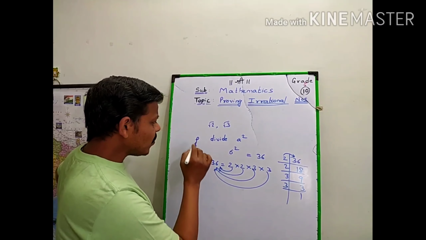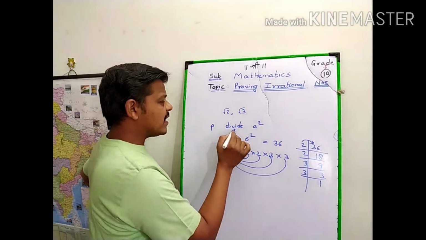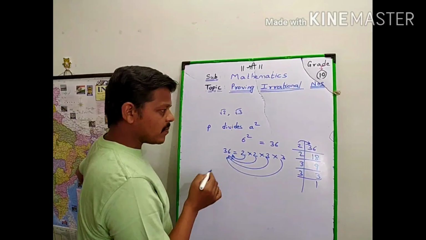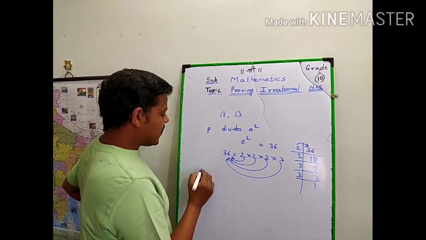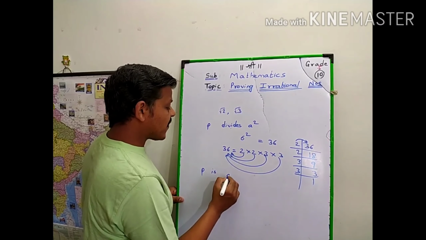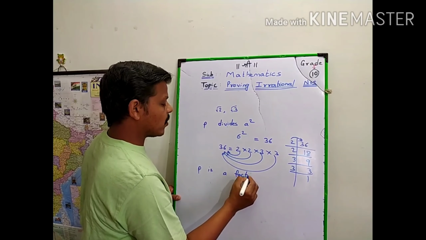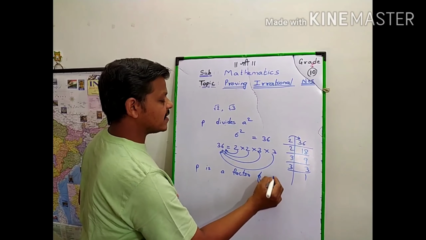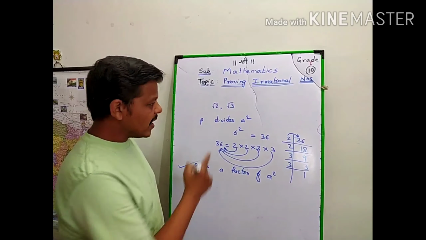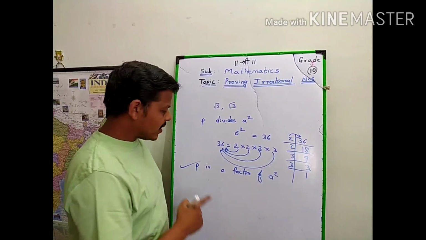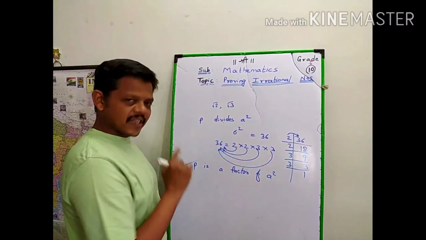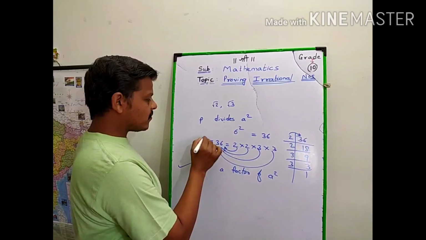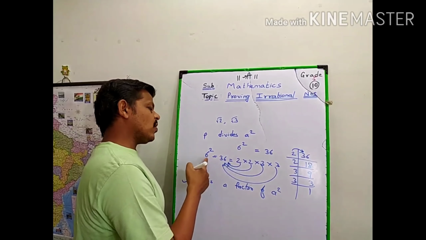Now, what does this say? If p divides a square, means if 2 divides 36, means p is a factor. See, it's very important. This is easy language. We are going to use this statement. P divides a square means what? P is a factor of a square. If 2 is a factor of 6 square, 2 is a factor of 36, 2 must also be a factor